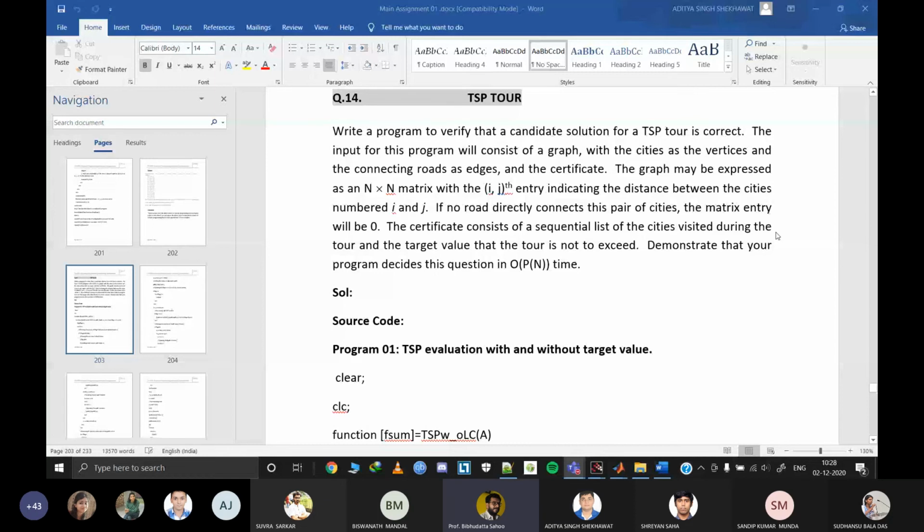Don't look at it from a programming perspective. That means you have an algorithm and you are capable of verifying the solution in polynomial time. That is the objective of the first part. This is a very simple question, but why is it given? You take an arbitrary solution, you are able to verify it, and your algorithm terminates in polynomial time.